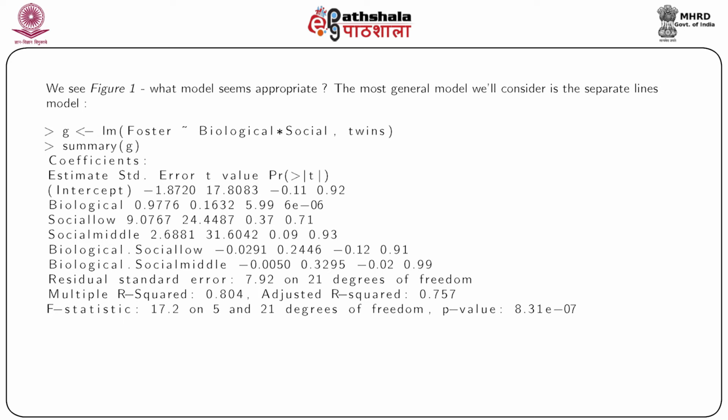However, if we look at the person who is reared by the biological parents, his IQ happens to be a significant influencer or a significant factor in the model for the IQ of a person who is reared by foster parents. If we look at the multiple R square, it's 0.804 or roughly 80%, which means that a lot of the variability in the IQ of the person reared by foster care can be explained by the IQ of the person reared by the biological parents.